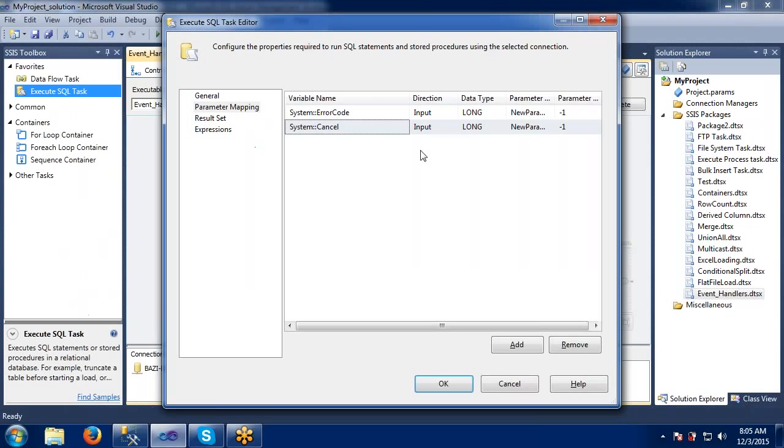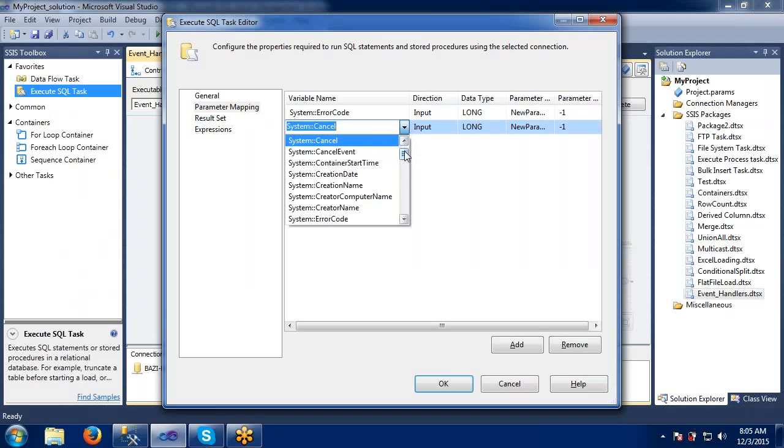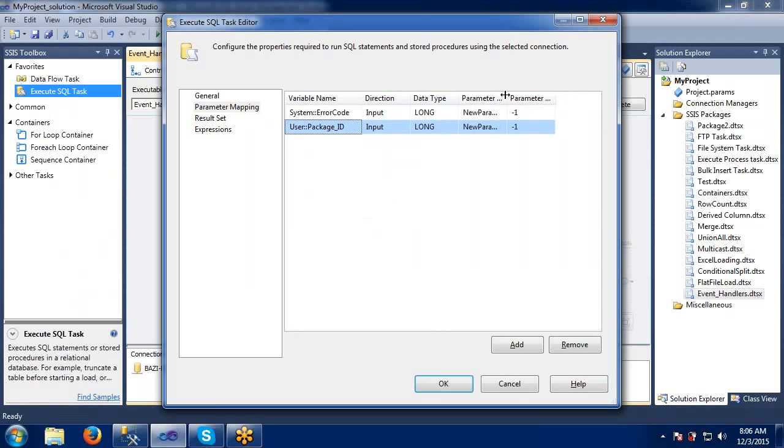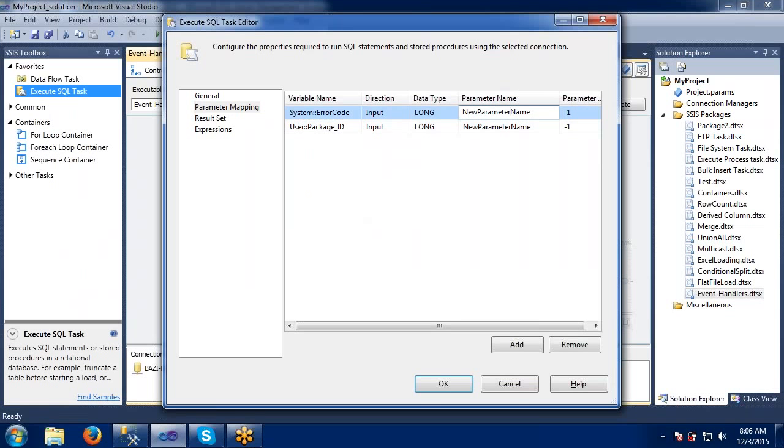ID, we have already given our own variables. If you remember, we have created two user created variables, that is package ID. I am passing it as the package ID. One more thing we need to remember here is the parameter name. It should always start with 0. 0 means the first question mark, 1 means the second question mark. In our case, the error code is the first question mark, that is 0, and package ID is the second question mark.